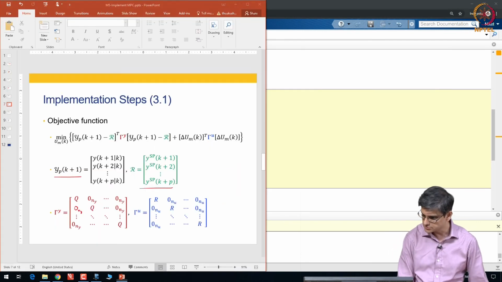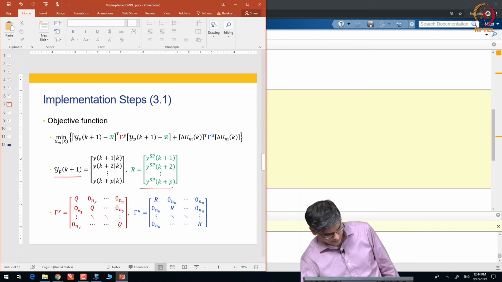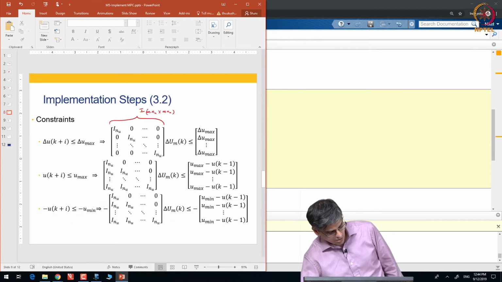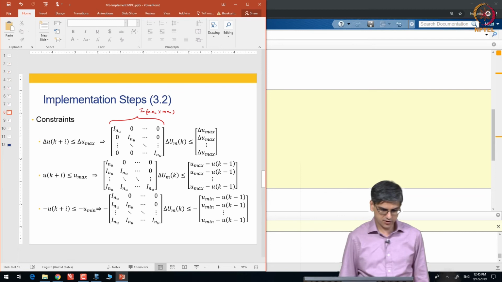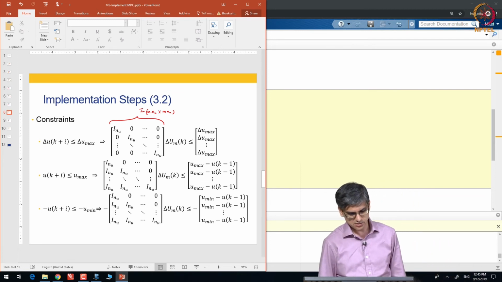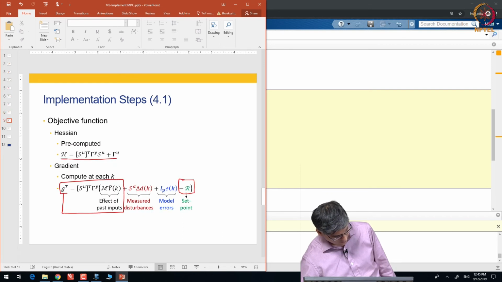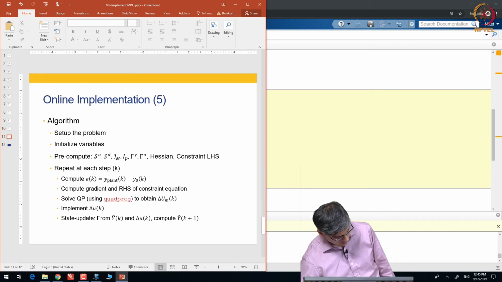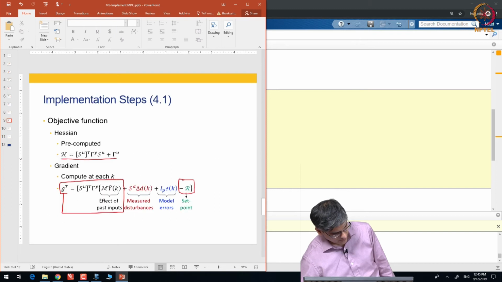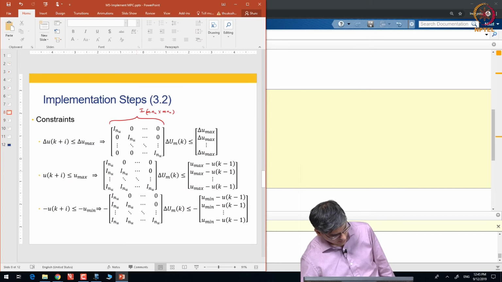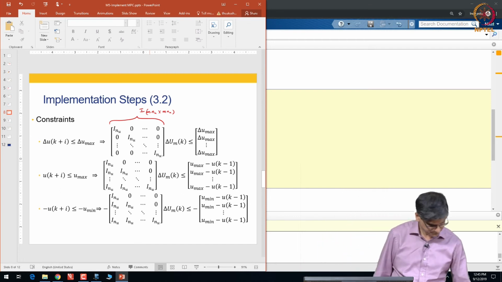Okay, what else now we need to calculate? We need to calculate for constraints. For constraints, we need to calculate this IM matrix, what I have called that later, and this big IM.